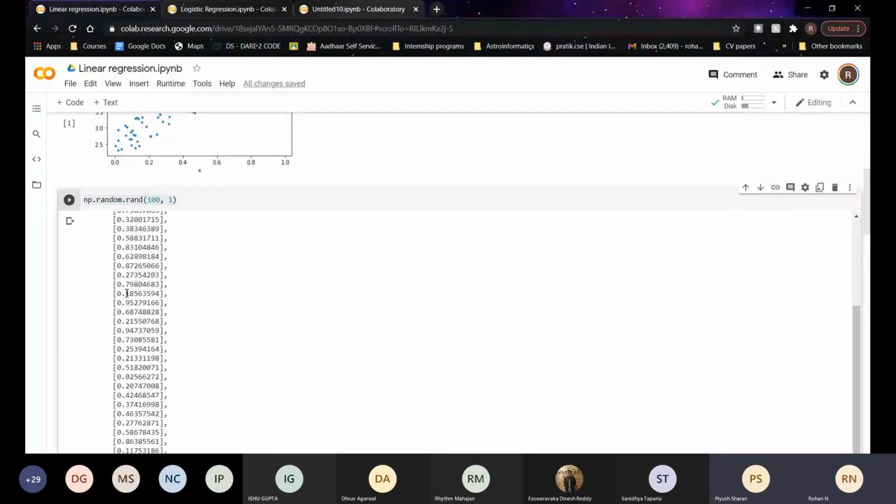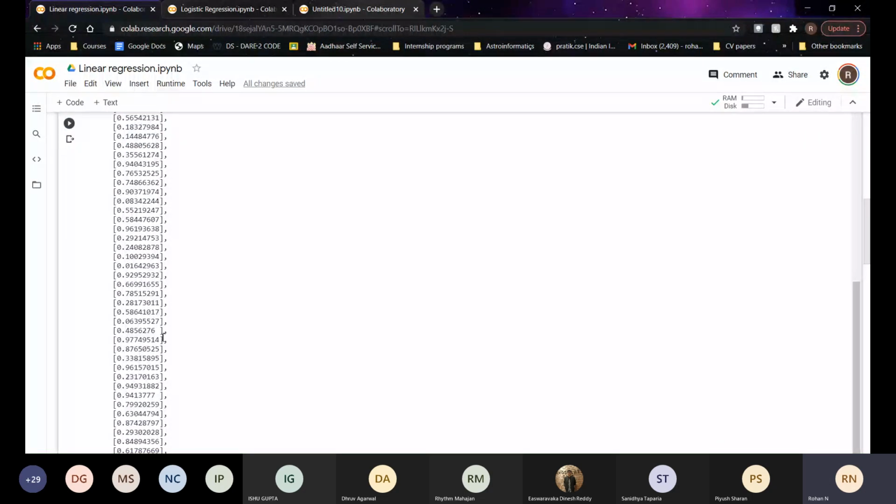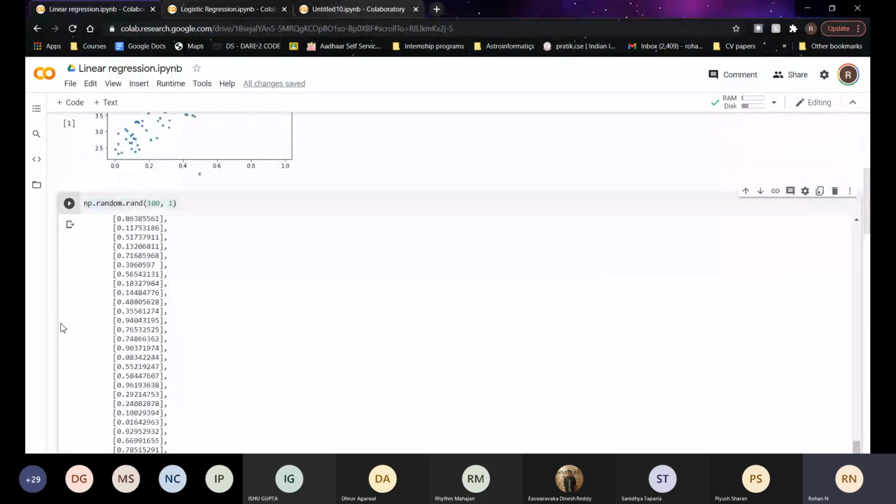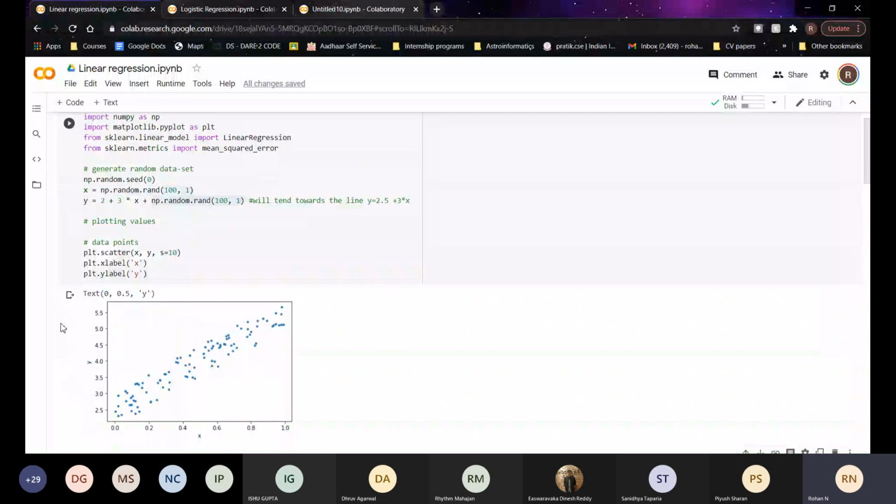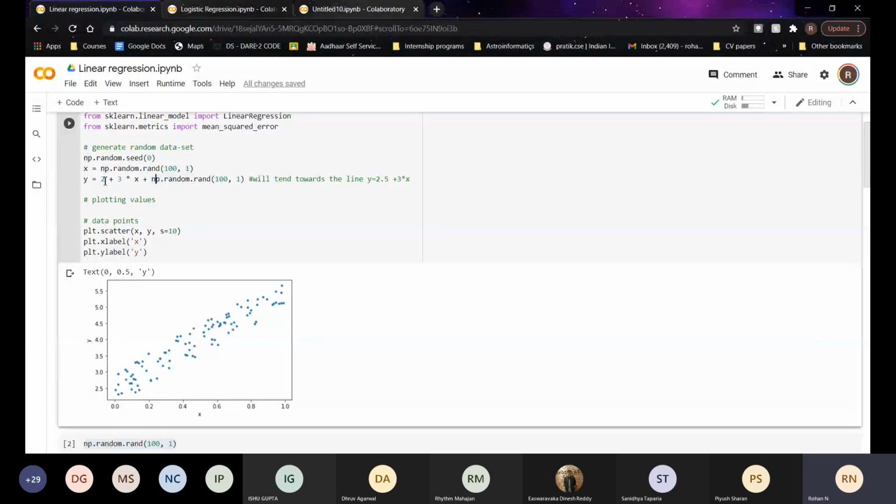This quantity will have an average value of 0.5, because 0.5 is in the exact center of 0 and 1. So this thing on average will approach 0.5, and when you add 0.5 to 2, this whole line will tend towards y equals 2.5 plus 3x.